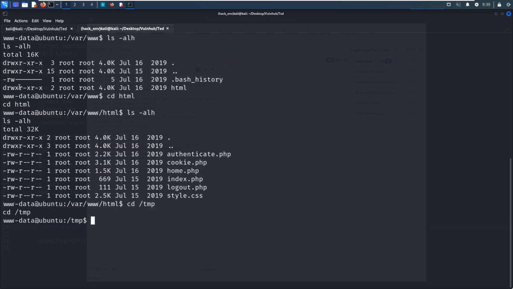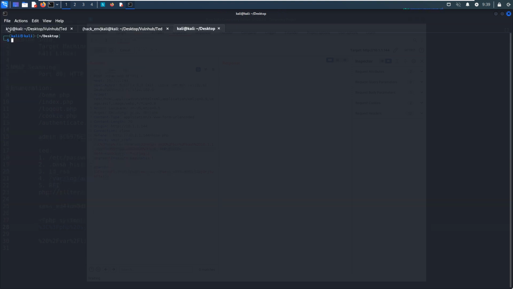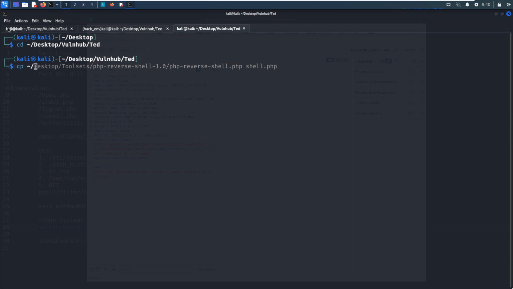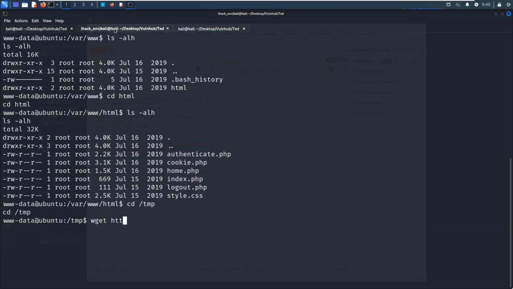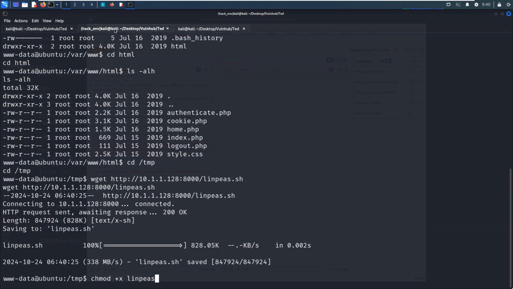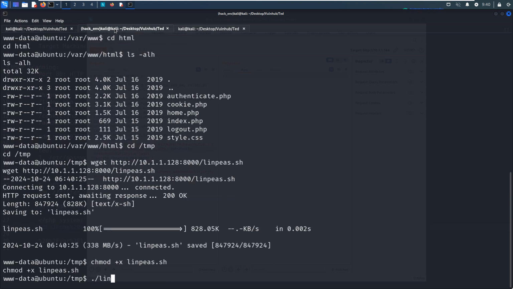So next, I think it will be wiser to upload the LinPEAS shell script to do the automatic enumeration, right? We can copy from my toolsets directory, and then we can set up the web server on the Kali Linux to upload this file, okay? It's done, and we can make it executable, and then we can run it.